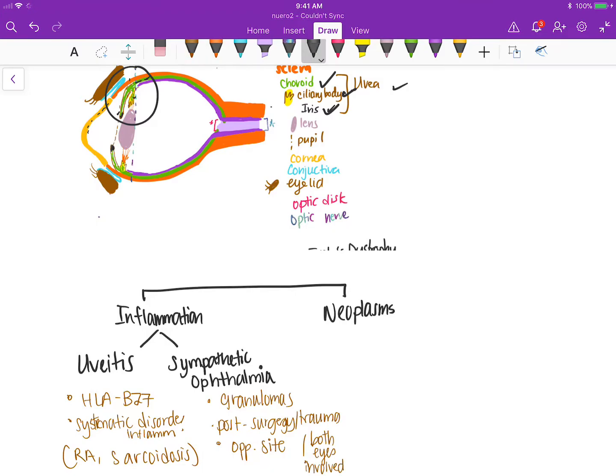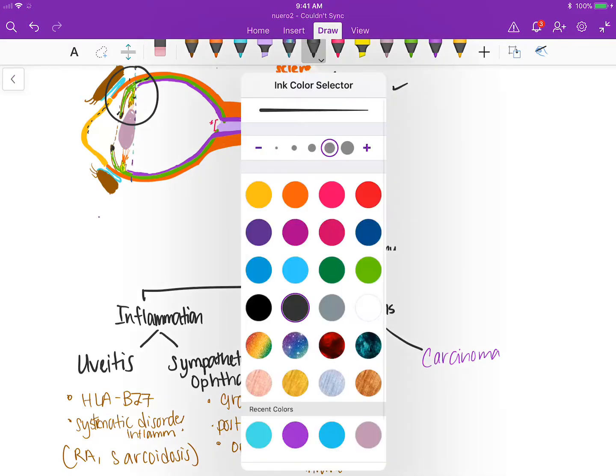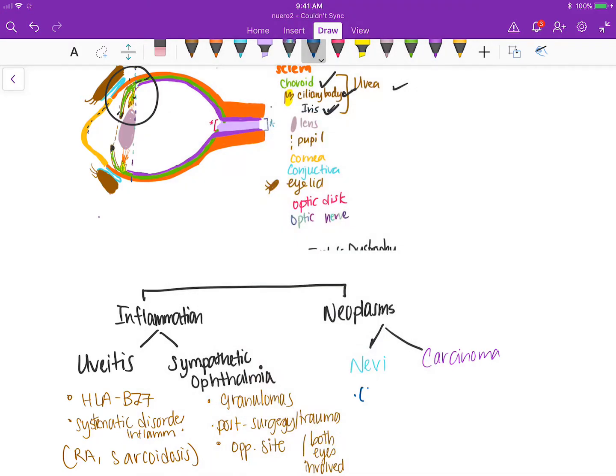Now let's go to neoplasms. So neoplasms, you either will have a nevi or a carcinoma. Let me put this in a different color. Nevi or carcinoma. Nevi is pretty common. It's not that much of a deal. It's not that much of a problem. It's fairly common. The carcinoma is based on